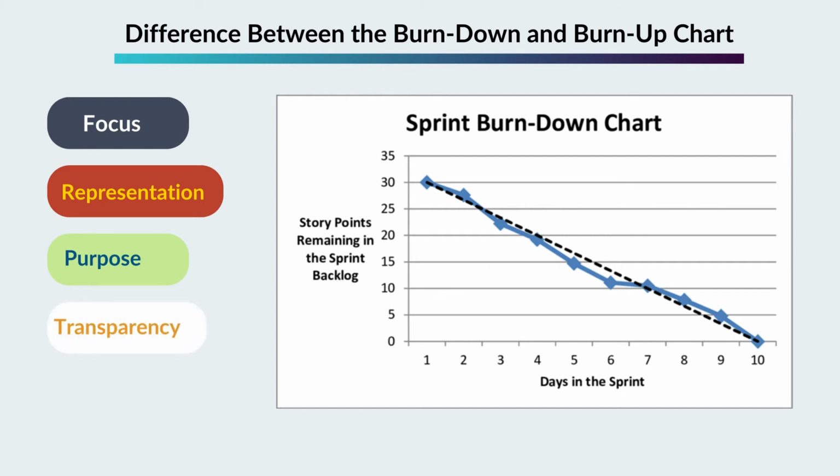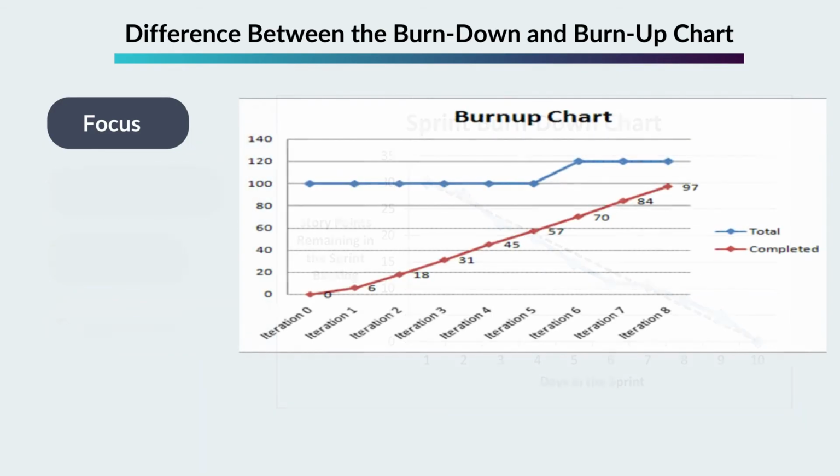Transparency. The burn-down chart provides transparency into whether the team is ahead or behind the schedule and helps in managing the sprint or project scope to meet deadlines. Burn-up chart. Focus. A burn-up chart primarily focuses on both the planned work and the actual work completed within a sprint or project. Representation. In the burn-up chart, the y-axis represents both the amount of planned work and the amount